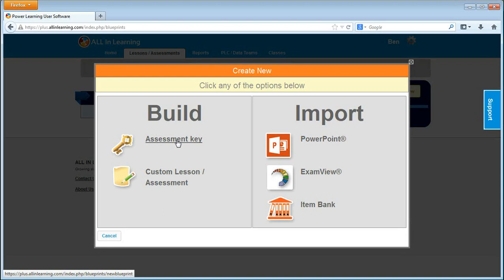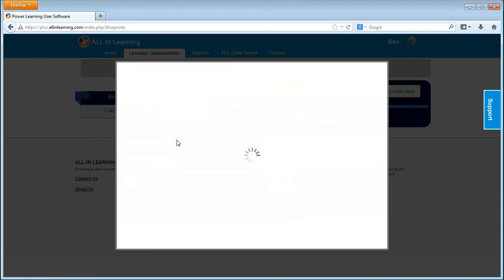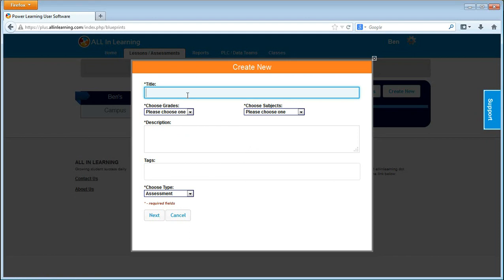It's already in a Word document or a PDF, or it may be just an assessment that is inside our textbook. So we're going to click on Assessment Key, and it's going to ask us to title it. Now when you go to title these, you're going to want to be strategic about this, especially if these are assessments that you're going to want to carry from year to year. So it may be Algebra 1 Section 2, or it may be Algebra 1 Fractions, but whatever naming that you give it, you want to be strategic about it so it's something that's easy to search